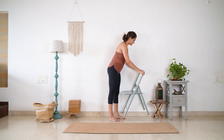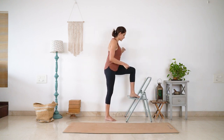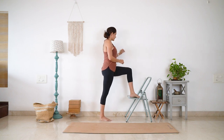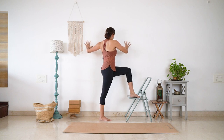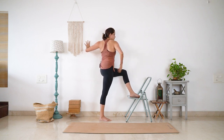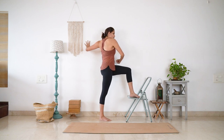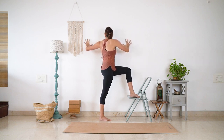With the left foot up onto the chair now. Walk the right foot back as needed. Hips stay where they are. Core pulled in strong. Right palm on the wall, left palm on the wall, and pressing yourself into this position. What's going to happen is your left hip will want to go back, your right hip will want to come forward. So press the right hip back, draw the left hip forward, and continue to twist from the torso for